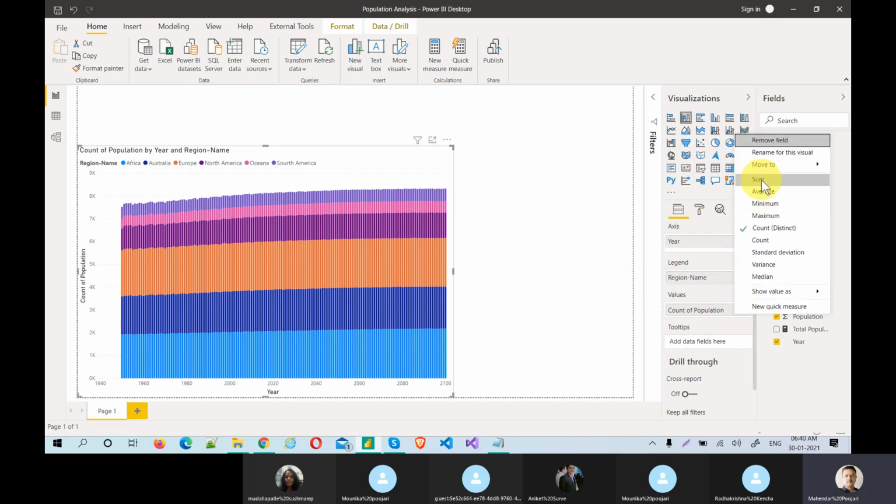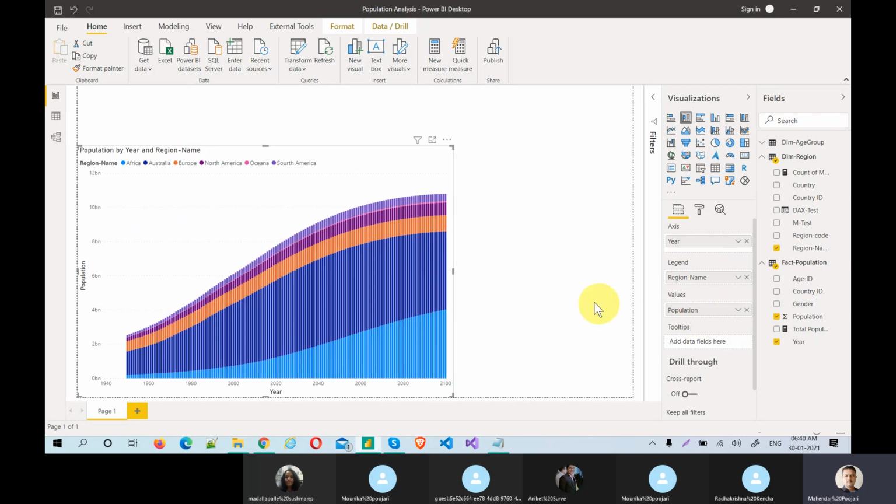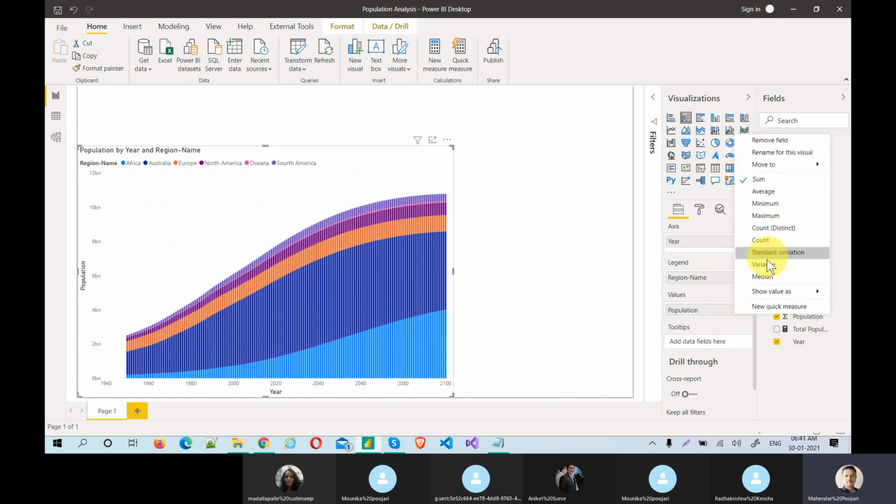If you take this, why does the best practice come into the picture? I'm going a little deeper. If you use the column directly, by default it will internally create all of them for you, so you are unnecessarily wasting space in Power BI.